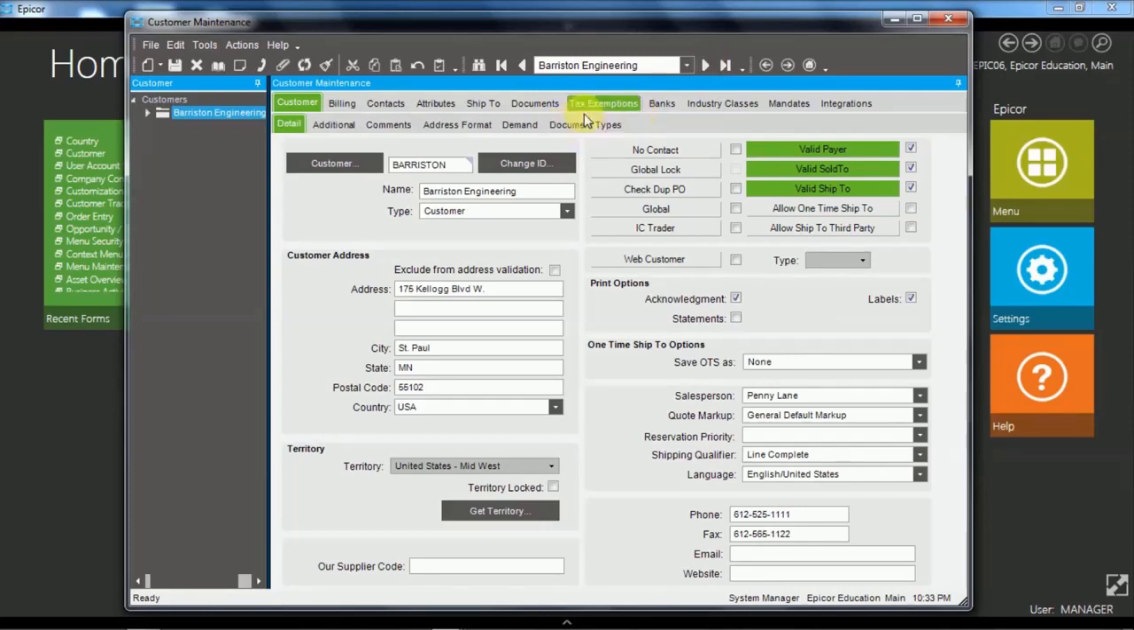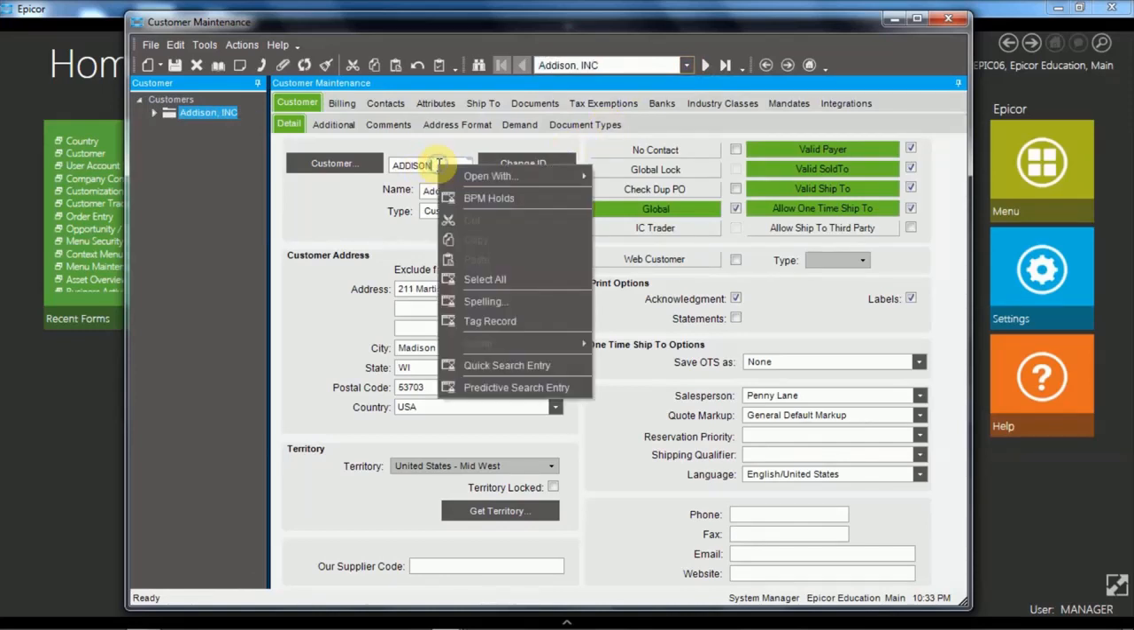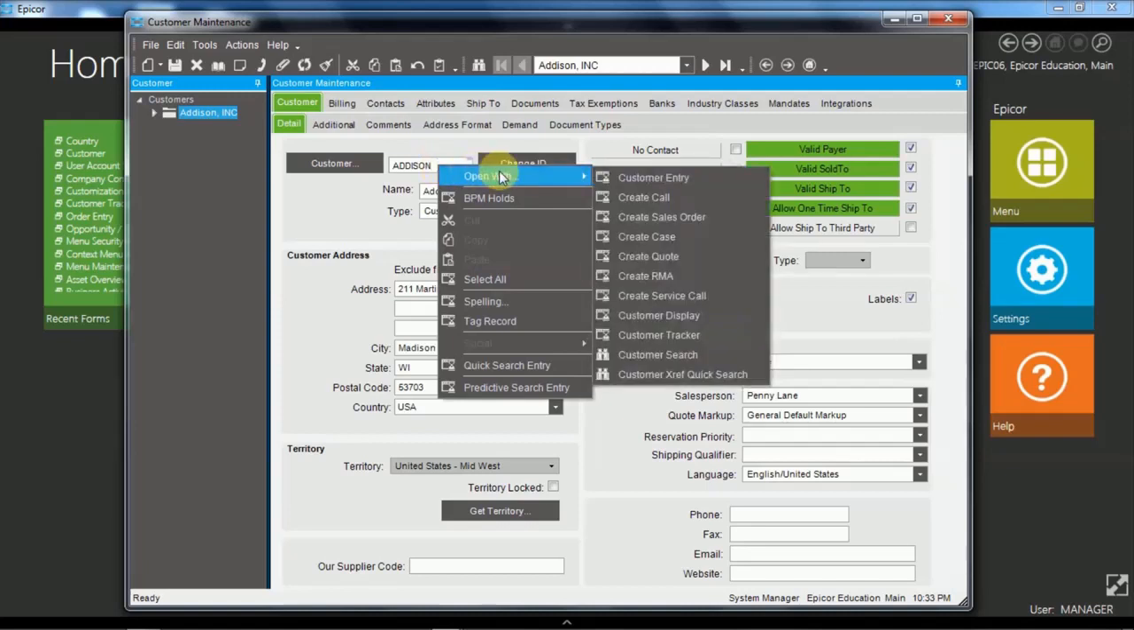So now let's have a look at, we'll choose Addison, and right clicking on the customer will bring up a context menu. So it's very important to recognize the open with context menu. Any data that has a search function has an open with where you can open related applications. So in this case, we could create a CRM call, create a new sales order, or maybe open the customer